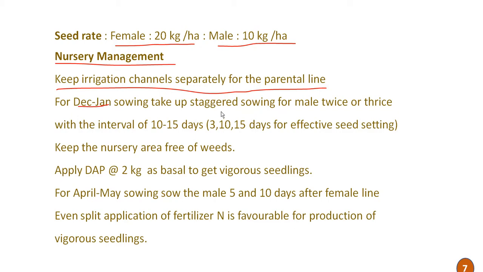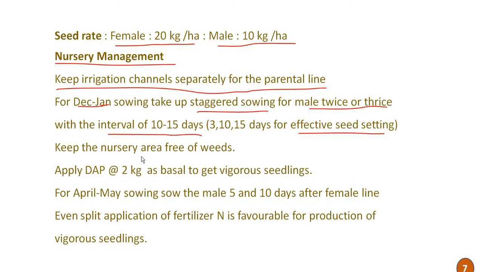So in hybrid seed production, there is a problem of synchronization in the male and female parent, which is a prerequisite for higher hybrid seed set. For that, stagger sowing of the male twice or thrice is essential, with an interval of 10 to 15 days for effective seed setting. So this is the practice required to achieve synchronous flowering in the male and female